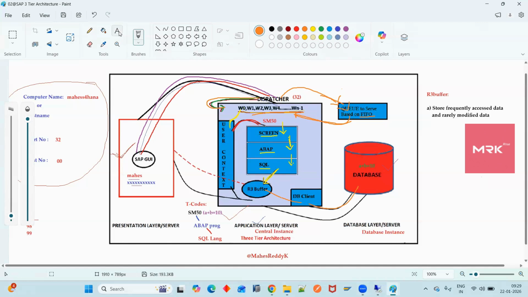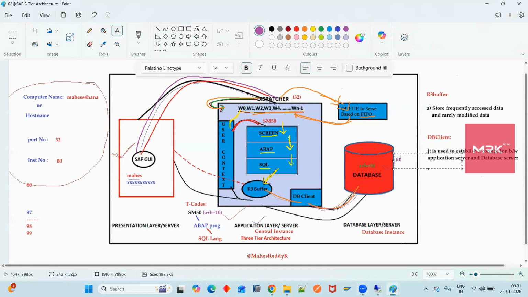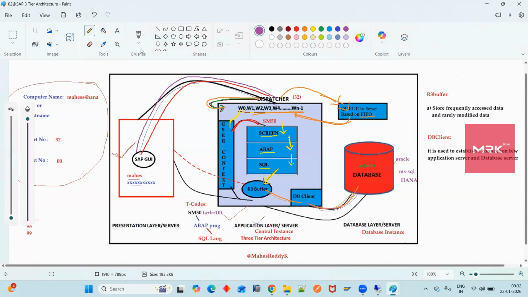What is meant by DB client? So DB client is used to establish a connection between DB server and application server. If your database is Oracle database, then you have to use Oracle DB client in application server. If your database is MS SQL database, then we have to use MS SQL DB client in application server. If your database is HANA database, then we have to use HANA DB client in application server. So whatever the database software we are using, that respective database client software we have to use in application